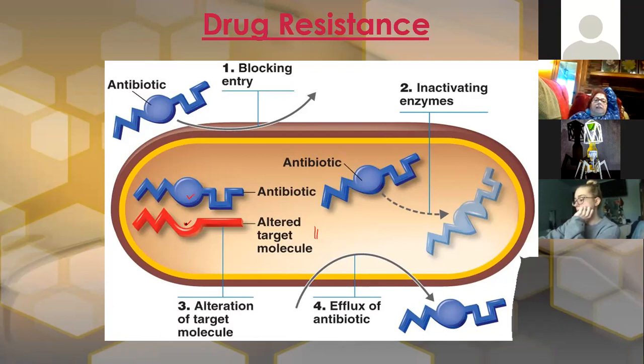The shape should be perfect. Otherwise, it cannot go inside, or it cannot go to the target on DNA or RNA. So they do that. Efflux, they throw it out, blocking entry, and inactivating enzymes. So these are the 4 ways